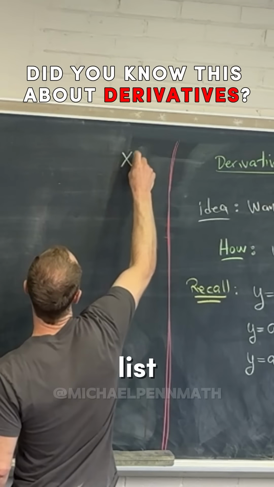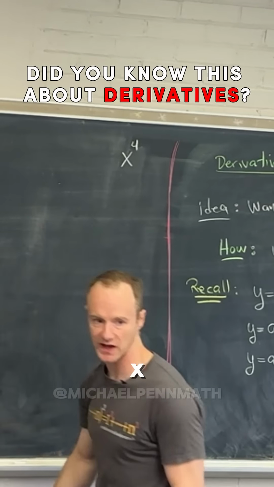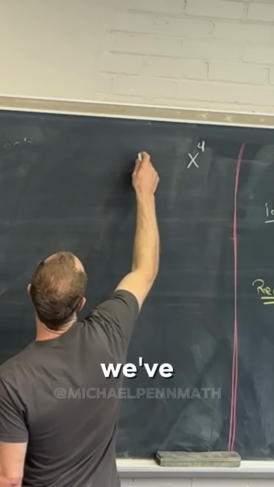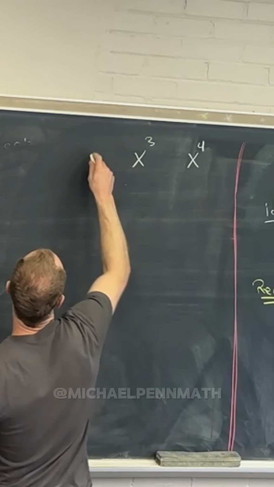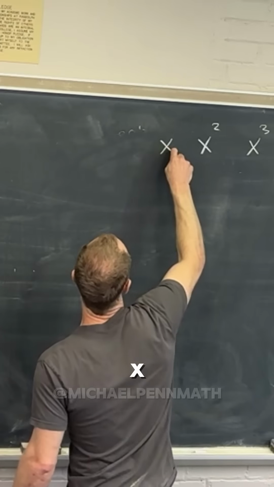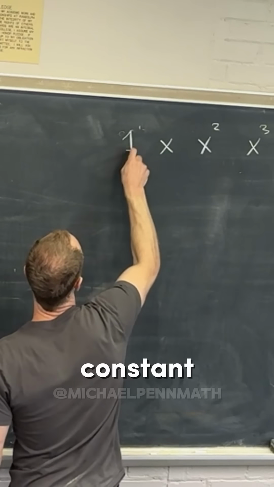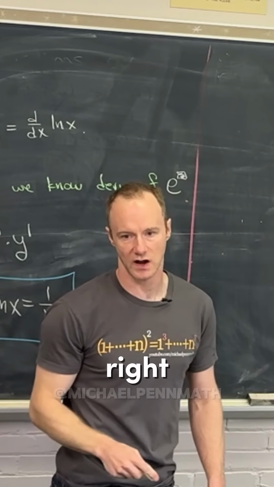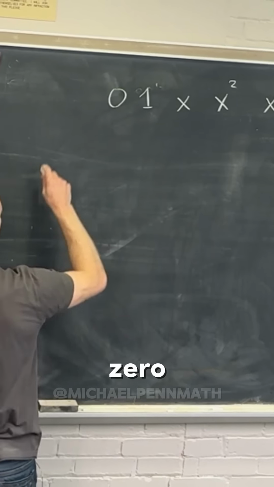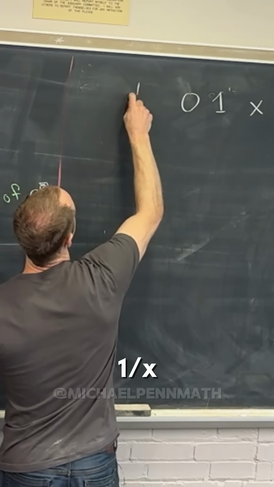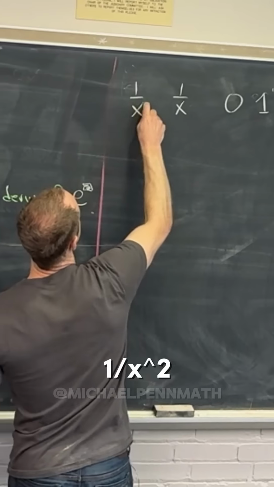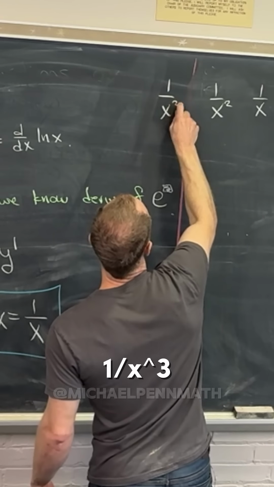Let's maybe list some powers of x. So x to the 4, we've got x cubed, we've got x squared, we've got x, we've got a constant, which is like the number 1, right? We've got maybe the number 0, we've got 1 over x squared, 1 over x cubed, and so on and